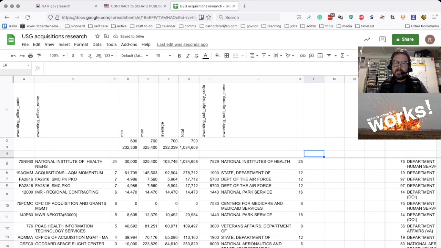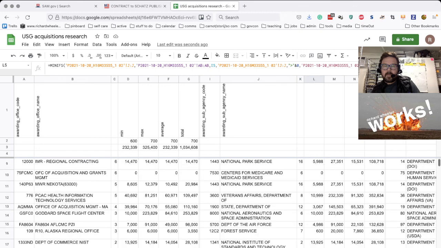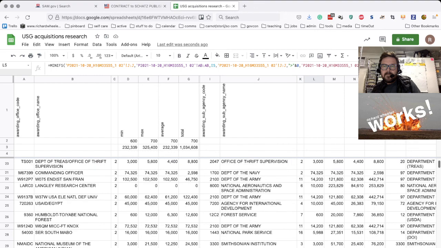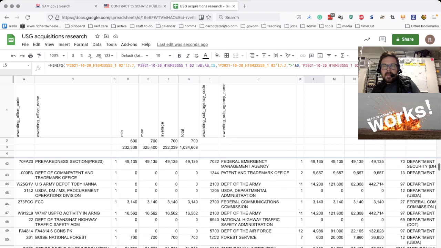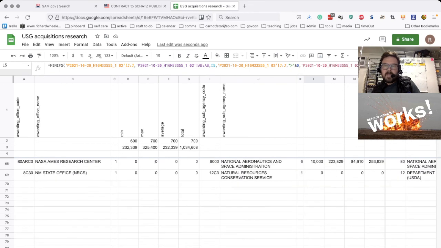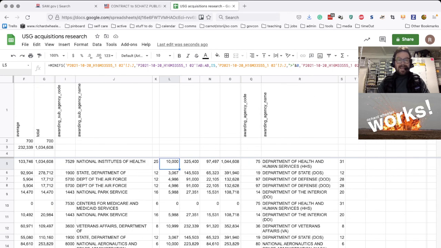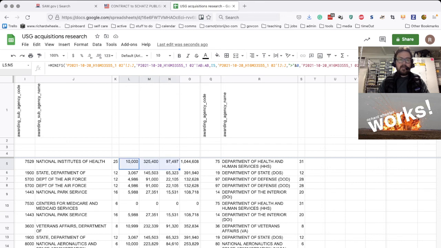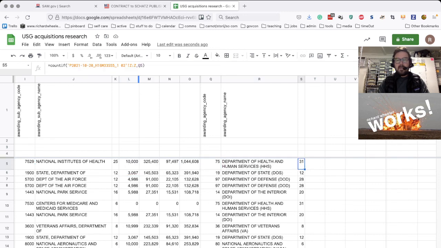So that NIH is really the highest at a sub-agency level. But let's go and do the final thing and do it at the agency level. I have a suspicion that this little thing called the United States Department of Defense may be the winner. Although Health and Human Services may also be the winner because